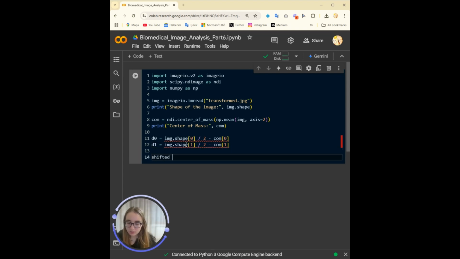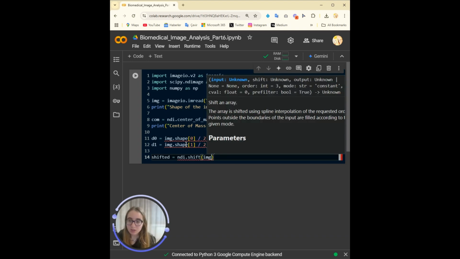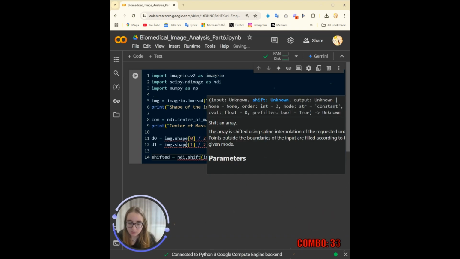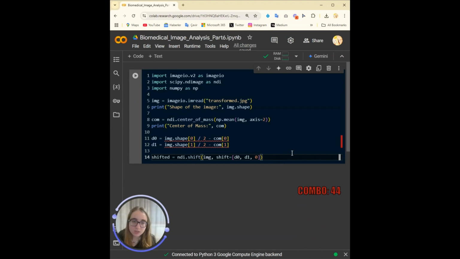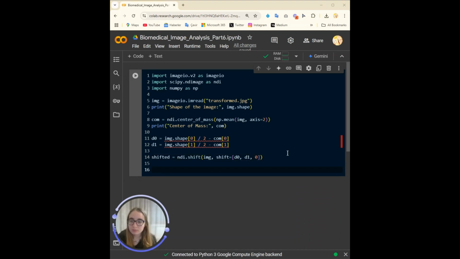So now we'll shift our image, say ndi.shift, give our image, and we'll shift it D0, D1, and we'll have to give 0 so that it doesn't shift the color channel. And then I'll plot both of them, the normal one and the rotated one.